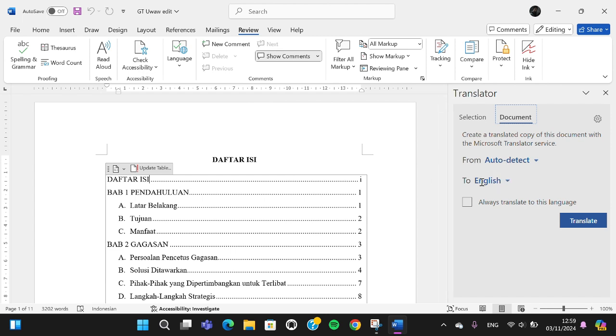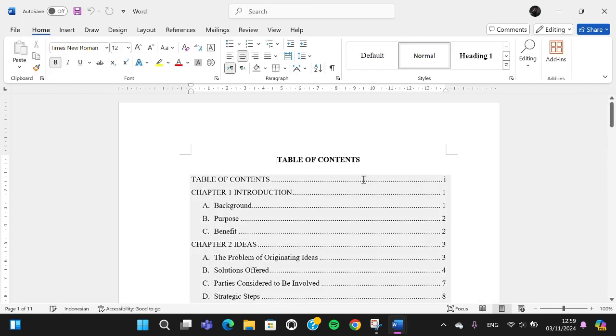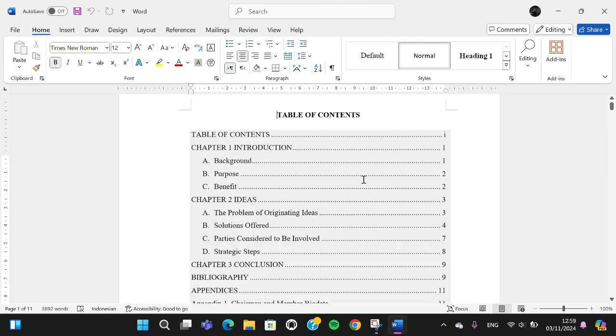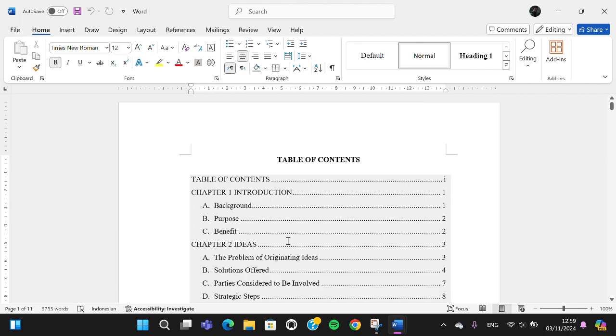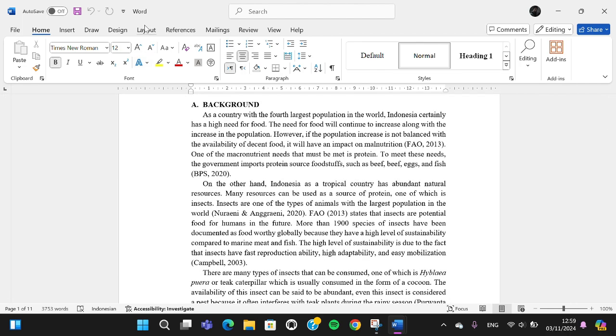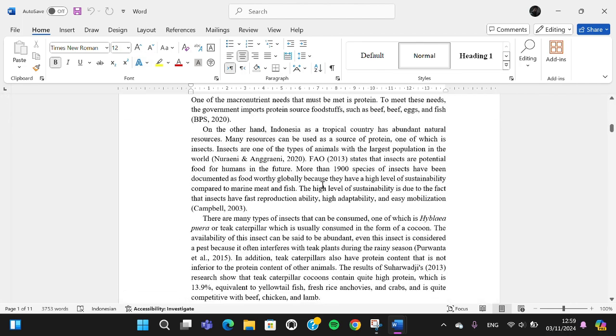For example, I'm just going to translate it to English. So here I'm going to select English and then click on translate. Okay guys, we just need to wait for a moment until the process is completed. Okay, and now the translation of my document has been created in a new document, and you just need to